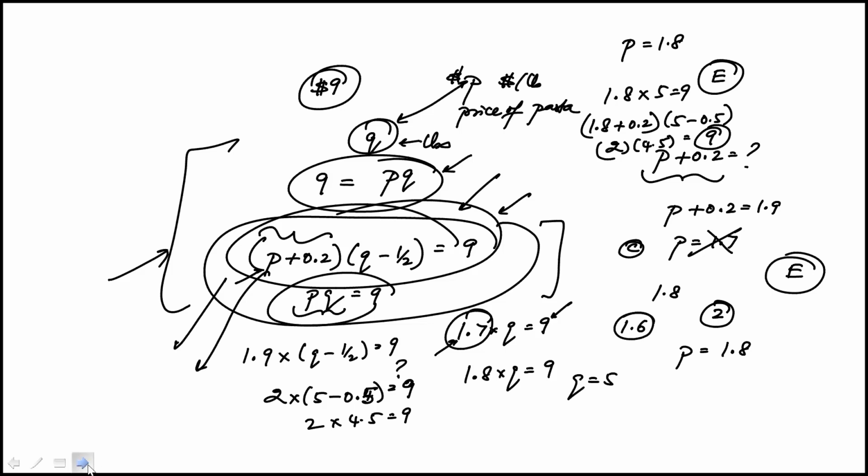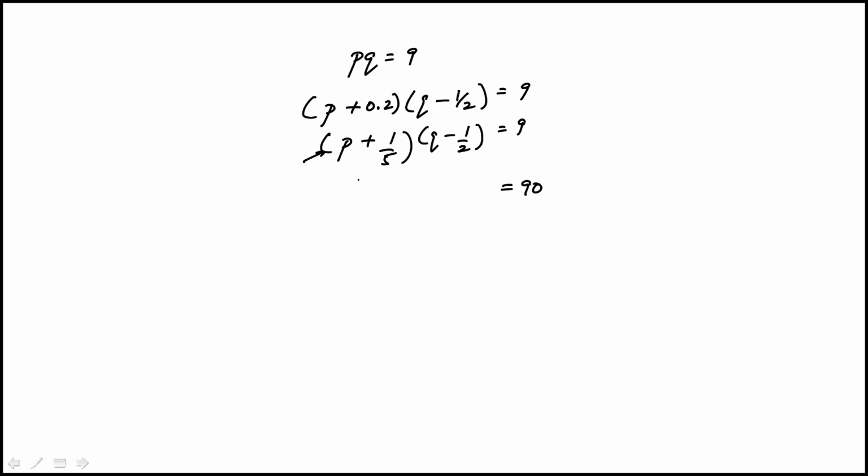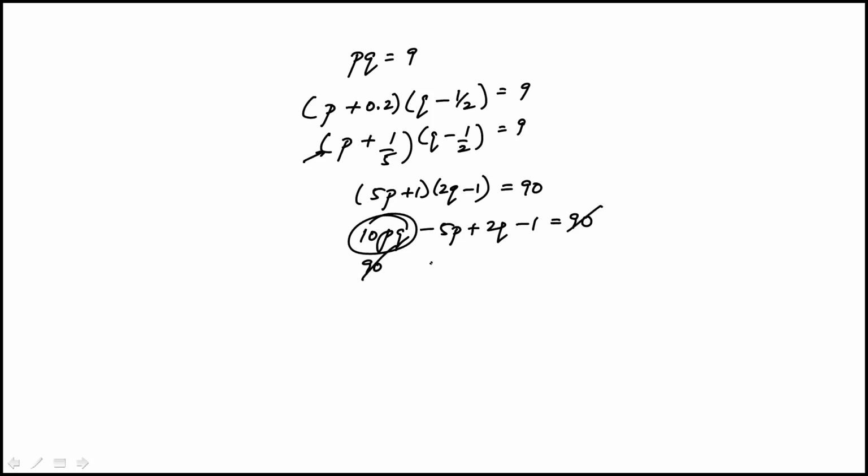Now, you could certainly do the algebra, and let me see how quickly I can do it, because it is still work. So Q minus half is equal to, let me see if I make this 1/5, if that's going to be better. And then I multiply both sides by 10, and I'm going to multiply the first one by 5, just trying to keep everything whole numbers, and the second one by 2. Then we have PQ, so I'm going to distribute. Yeah, I think this will be work. This is maybe a good example where you don't want to do this. PQ is 90, so that's 90. This drops out, so I get 5P